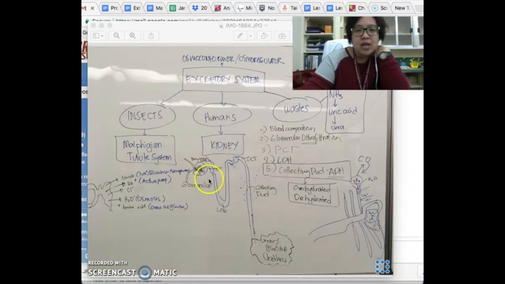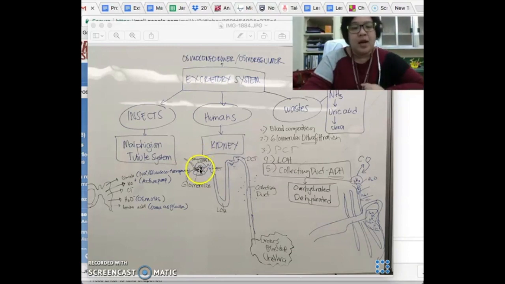The first one you need to know is blood composition. Right here, these are blood vessels entering the kidney. You call this the renal artery, that becomes smaller and smaller, capillaries called renal arterioles. And then this specialized bed of capillaries, we call it glomerulus. They're still capillaries, but it has a specific name, glomerulus. And after filtration, it will become your blood vessel called your renal venule, which will become your renal vein. So again, renal artery becoming your renal arteriole, and then your glomerulus, and then out as your renal venule